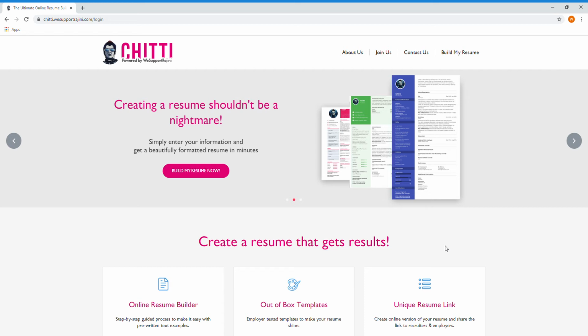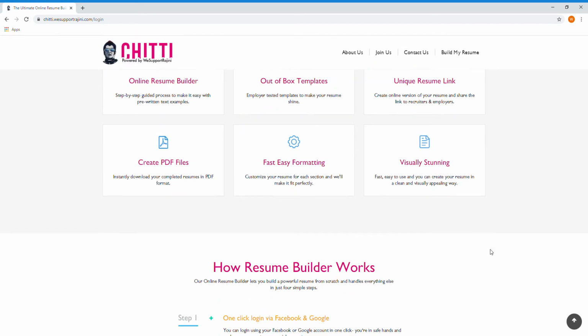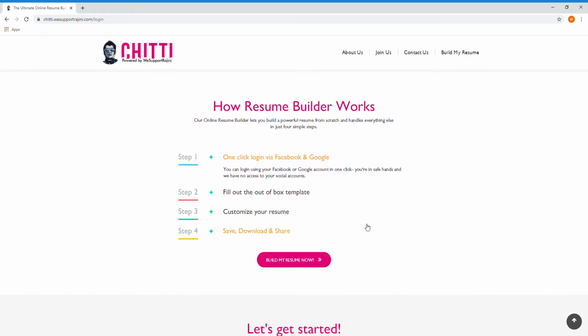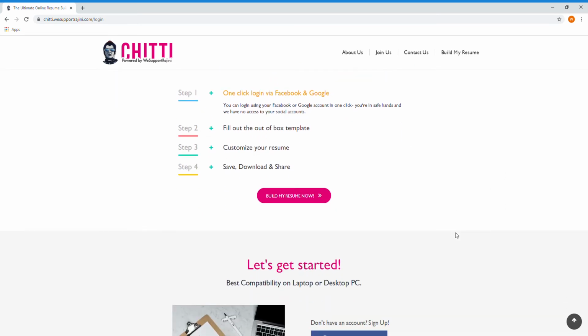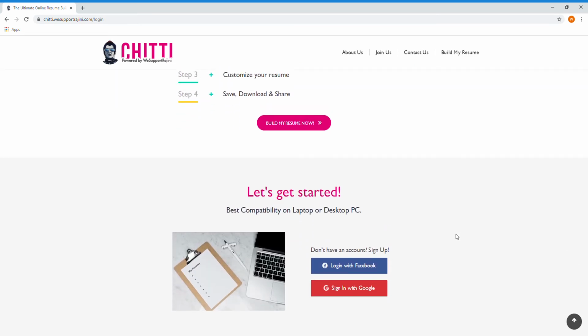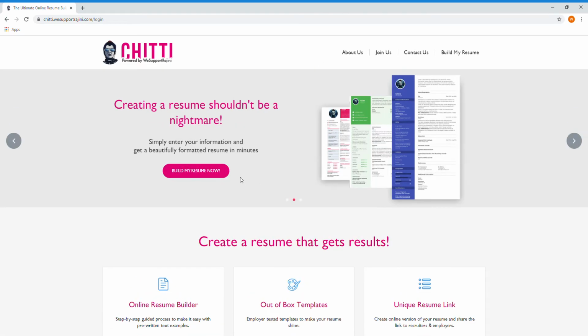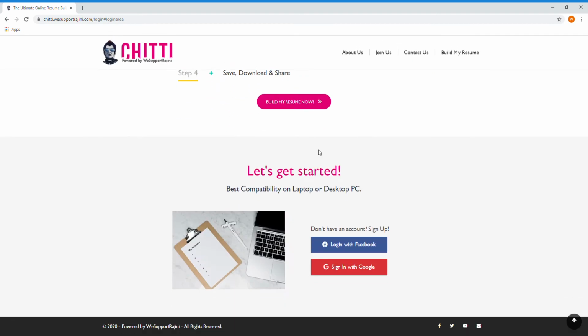So as you can see, the first step here is to log into chitti.vsupportrajini.com and you'll come to the main page. You can scroll through and it gives you instructions on how to move to the next step. So what I'm going to do now is go ahead and click on build my resume now, and it'll take